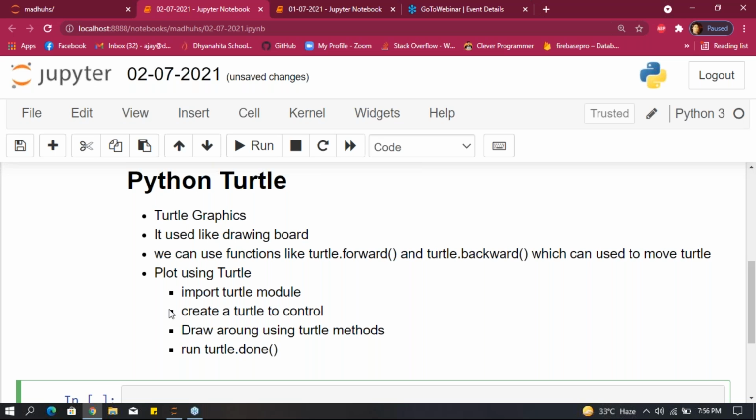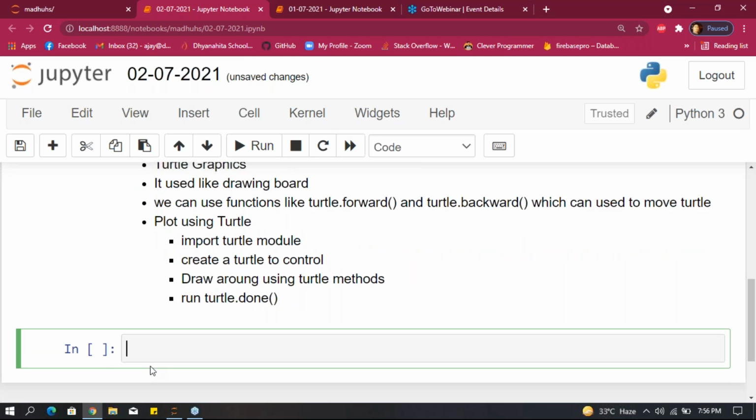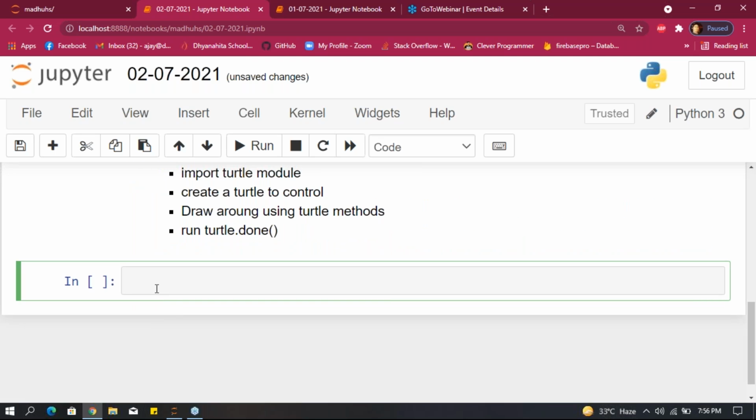First we'll discuss some examples so you will understand. Okay, first listen to this example. The first step is to import the turtle package.